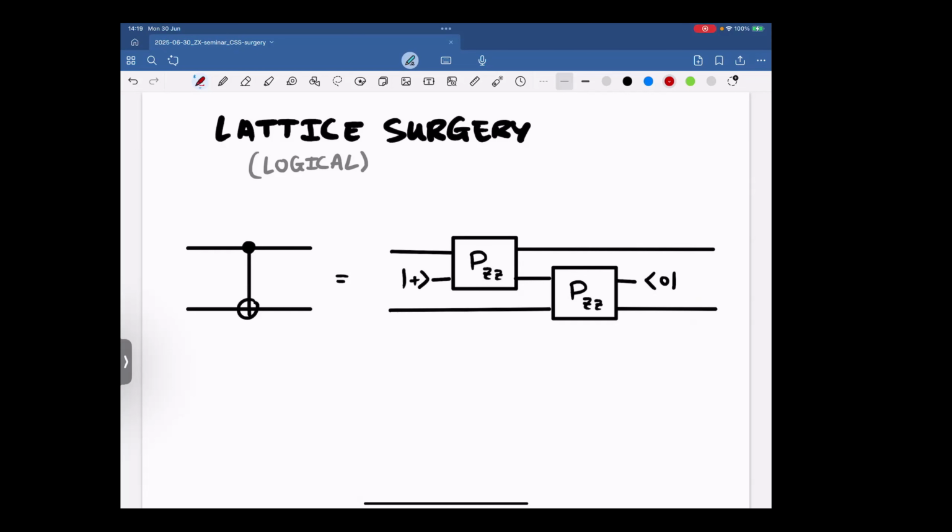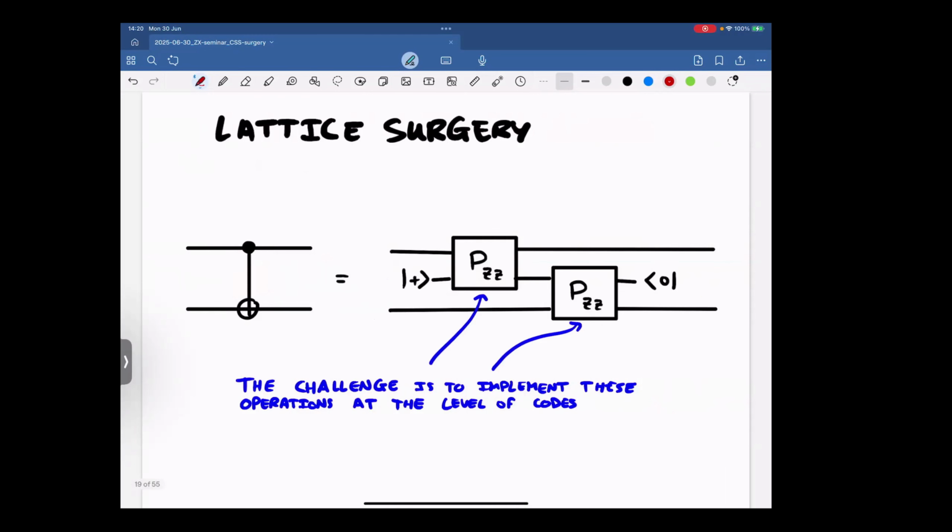And the idea is that at the logical level, that is the actual operation that I implement on my encoded qubits, I want to perform a CNOT, and I'm going to try and do that by decomposing it in the following way. I add an additional auxiliary qubit in the plus state. I perform a projection onto the +1 eigenstate of ZZ on the first two qubits, and then this one should be XX on the bottom two qubits, and measure out my auxiliary qubit. And this implements a CNOT, and it's quite easy to see that, I did this in the wrong order. It's quite easy to see that this does indeed implement a CNOT operation for those of us who are familiar with ZX,